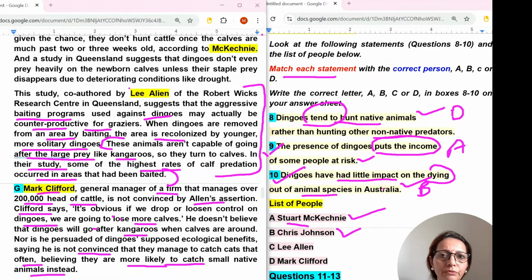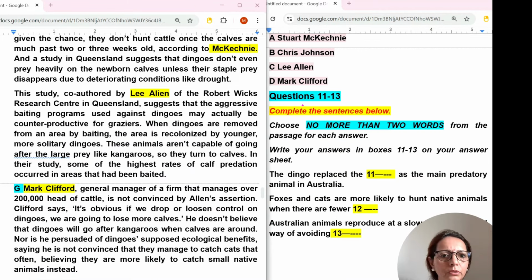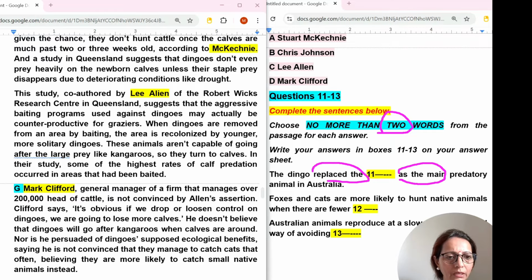Let's do fill in the blanks. Here complete the sentences. They have given no more than 2 words. Now, here are IELTS reading tips and tricks for filling the blanks. The words before the blank and after the blank are really important to get the correct answer. Here we know we have to use 1 word or 2 words. Now let's read the statement.